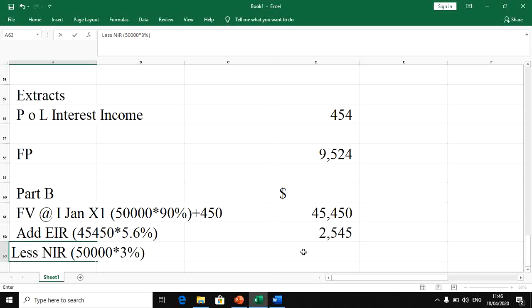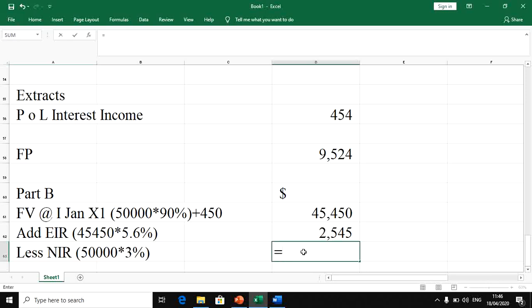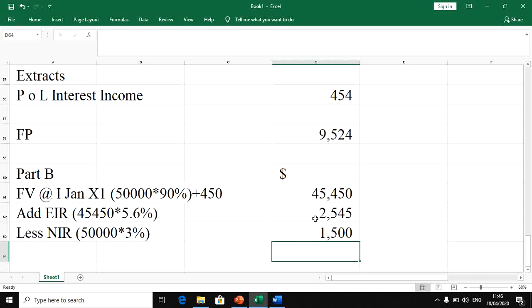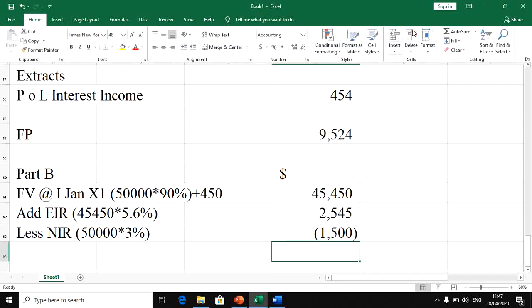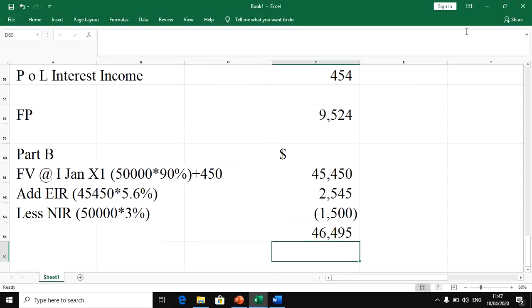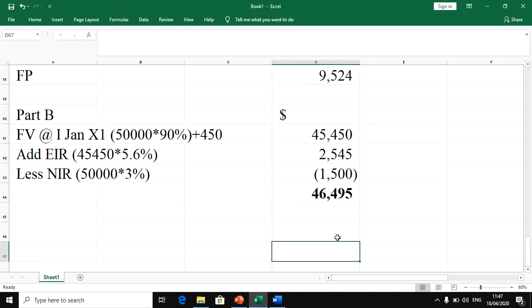All right, so again, this should not be very difficult. You have got 1.5 there. It's supposed to be a minus. Let me just put the symbol there so that we have the correct figures. Let's do the work. How much do you have? 495. All right, now we are told that at the end of the first year